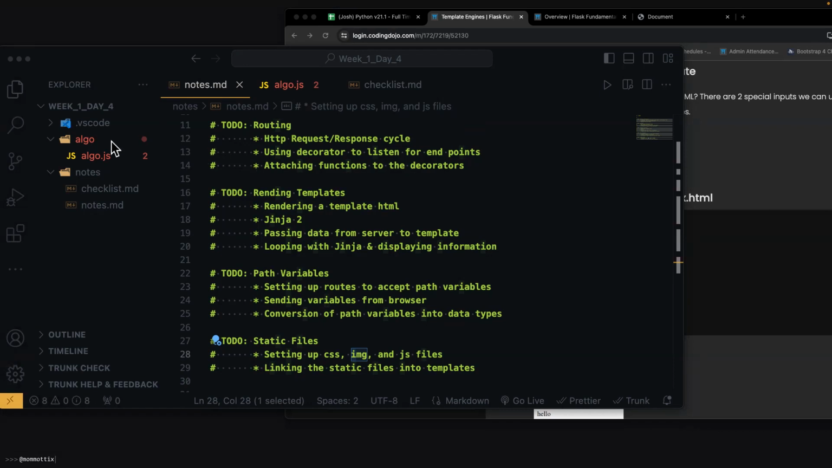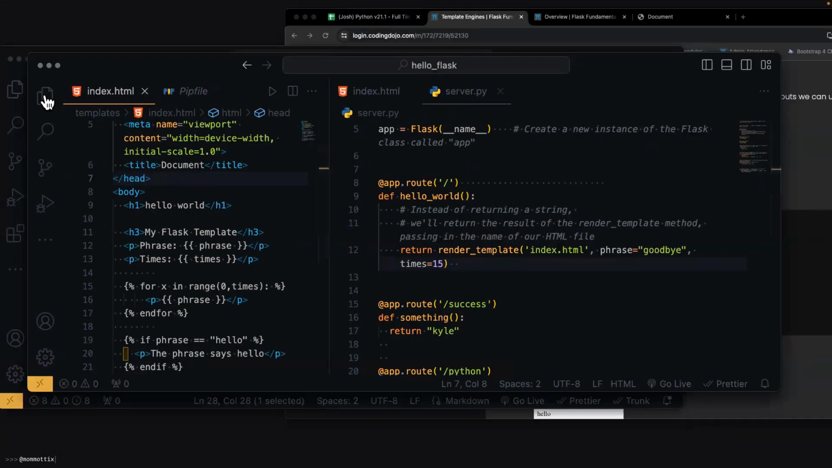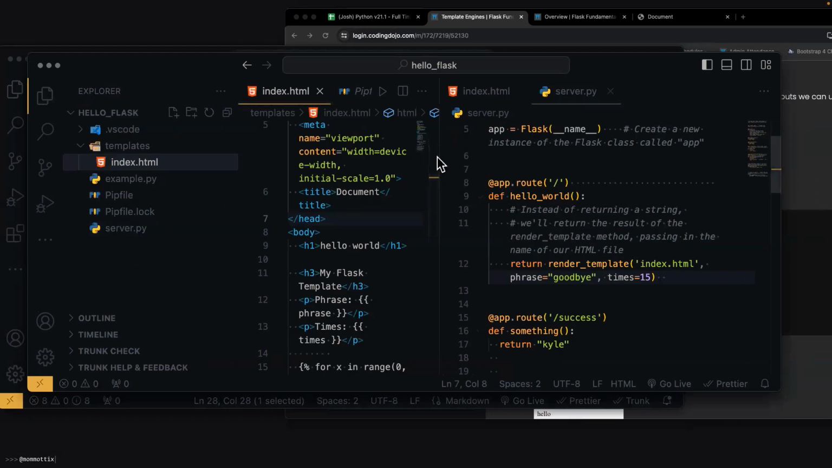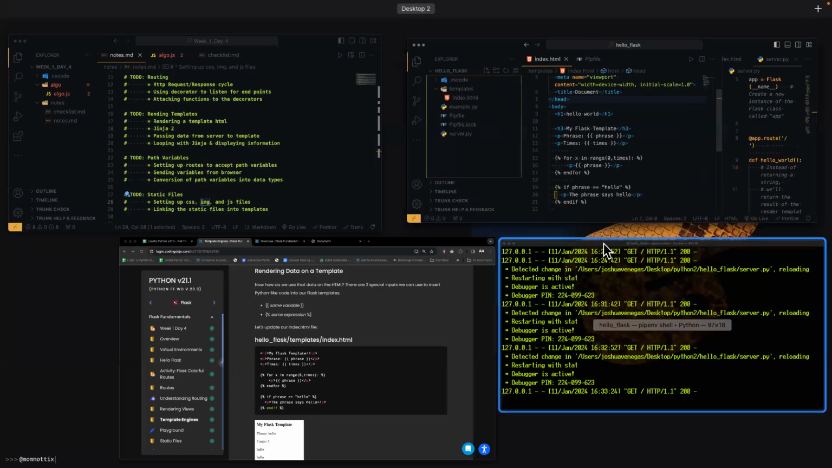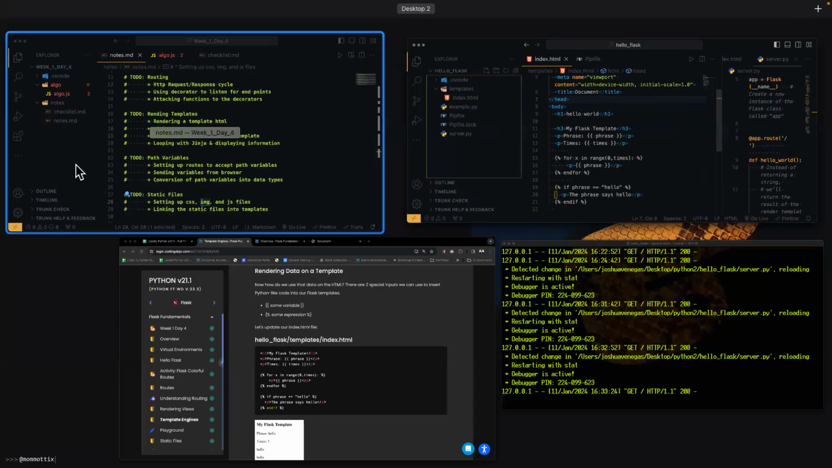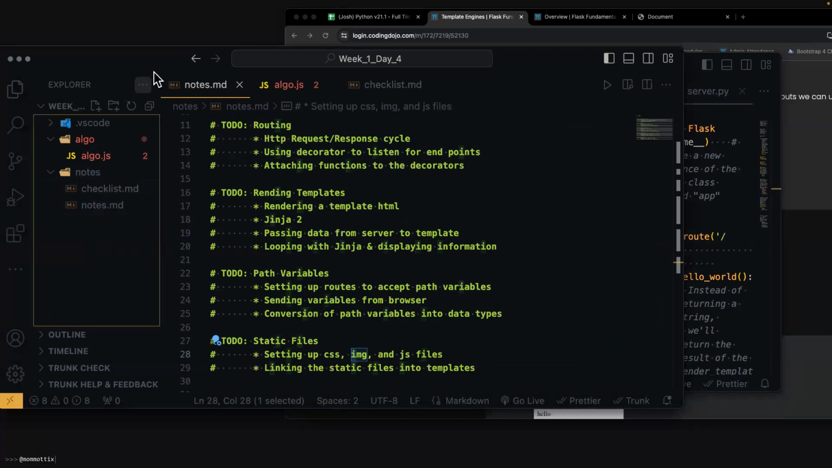Okay. Now, what if we want CSS and JavaScript and images connected to our HTML? Well, there's a little bit more of a process that we're going to have to go through than what we did when we were doing WebFun. We're going to have to create a static folder. Okay, I can either use the VS Code or I can just, yeah, why not just use VS Code? Okay, so I'm going to create a static folder,